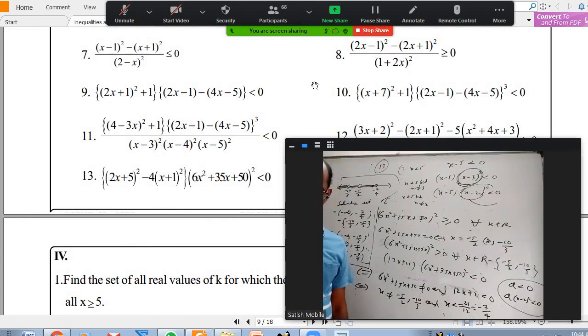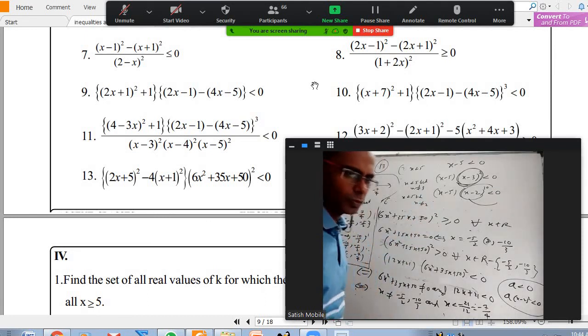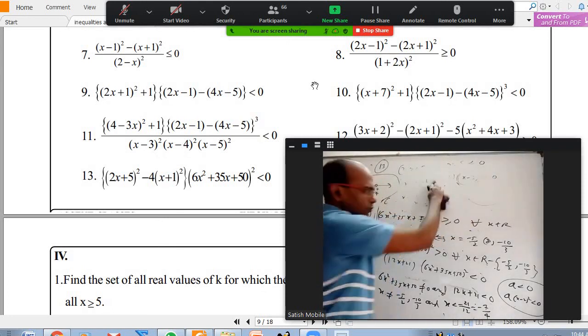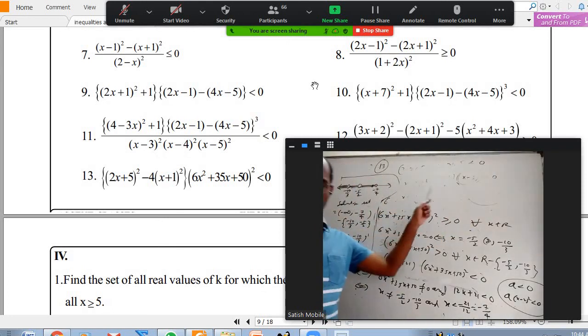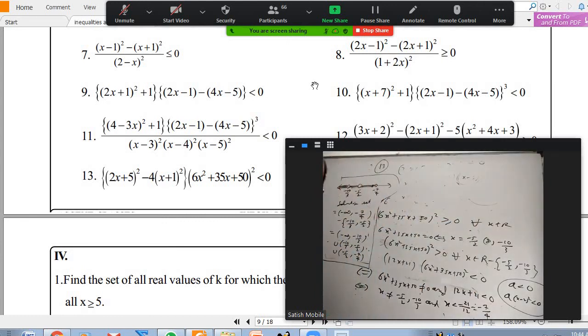Yes, sir. Okay. Anyway, I think I should have explained something more about this. So think about it. I'm sure most of you are clear. But those who have doubts about this section 3, especially the last 3-4 questions, I'll give some simple examples like this in my next class. I don't want to extend today. You'll find it more comfortable by that time. Is that okay to everyone? Yes, sir.